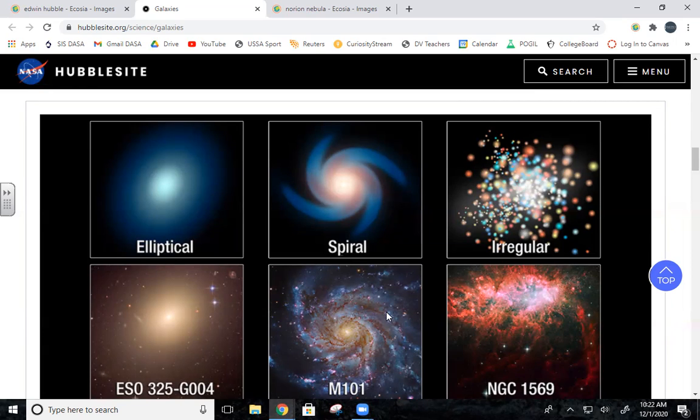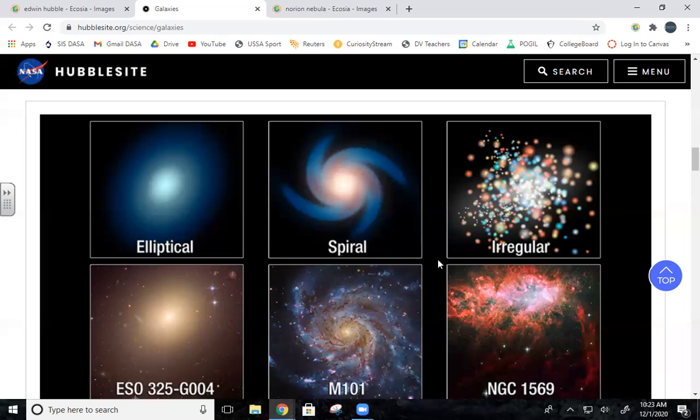Does anyone have a guess as to how many galaxies there are in the universe, approximately? 100 million. That's a good guess. Any other guesses? Yeah. 100 trillion. Okay, you settle in between those two numbers. Repeat. Billions and billions. Yes, there are approximately 1 trillion galaxies in the observable universe that we know about.